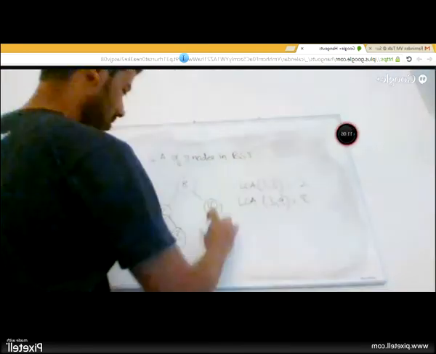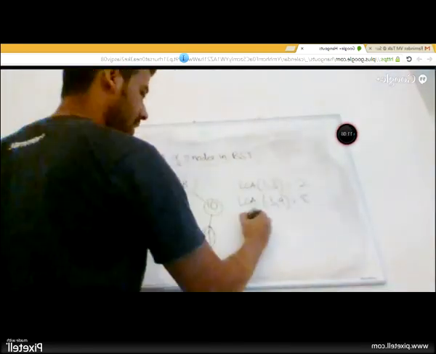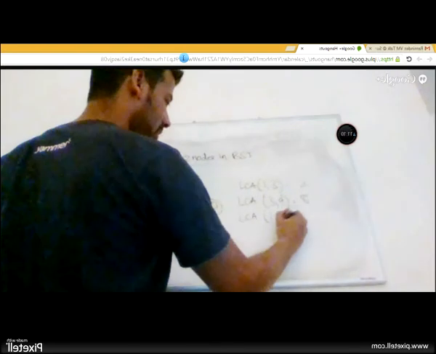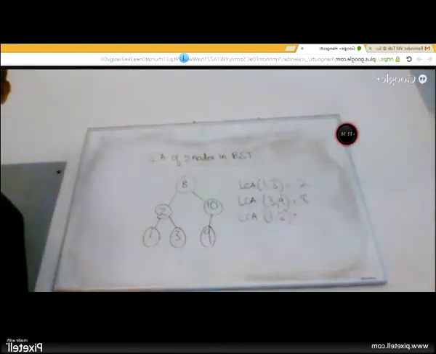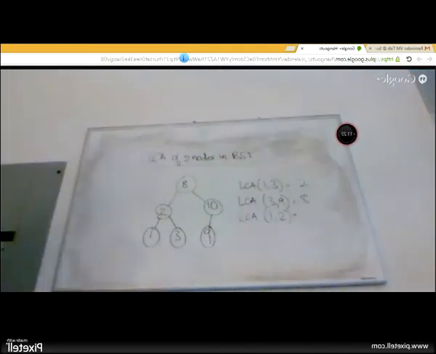Eight, correct, because the only common ancestor is 8. LCA of 1 and 2.